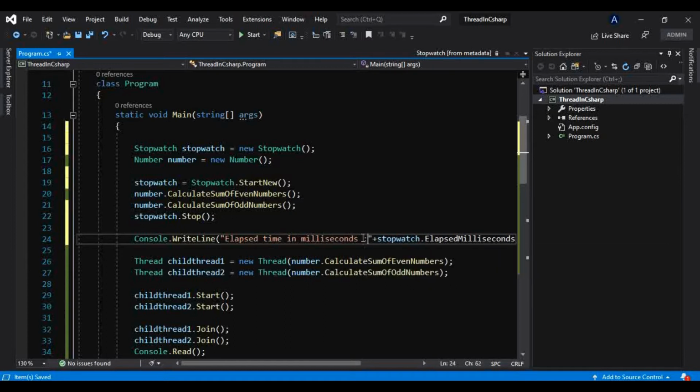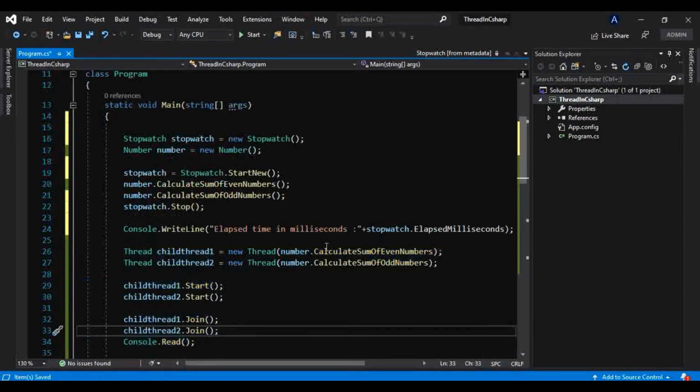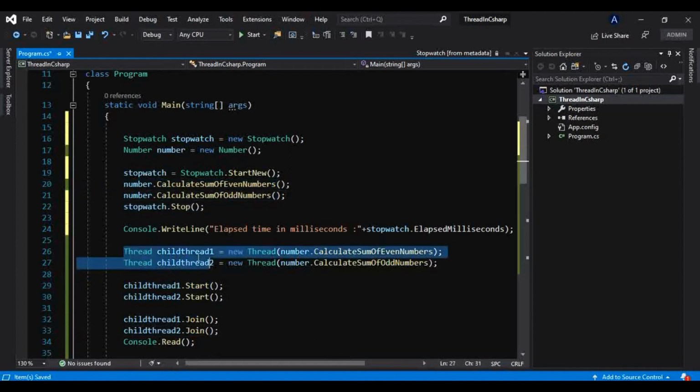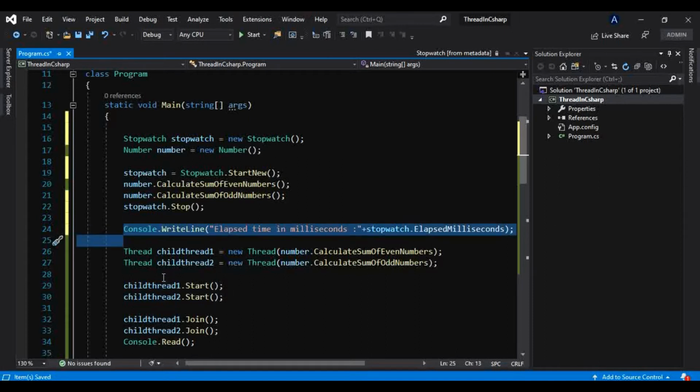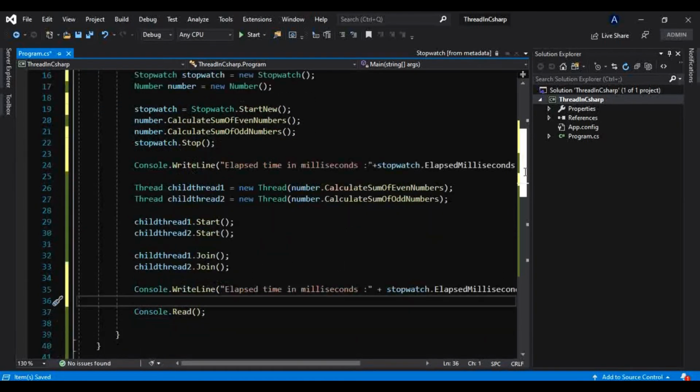All right. And similarly we will print that same message after the child threads complete their work, after they execute these same methods but inside separate threads. That is, each thread has its own method to be executed, whereas the earlier one is the main thread executing both methods. So I will print that message after the join, after the child threads have completed their work.